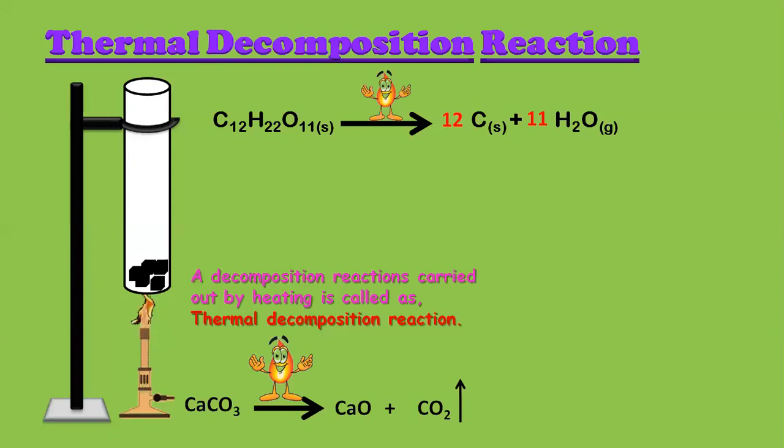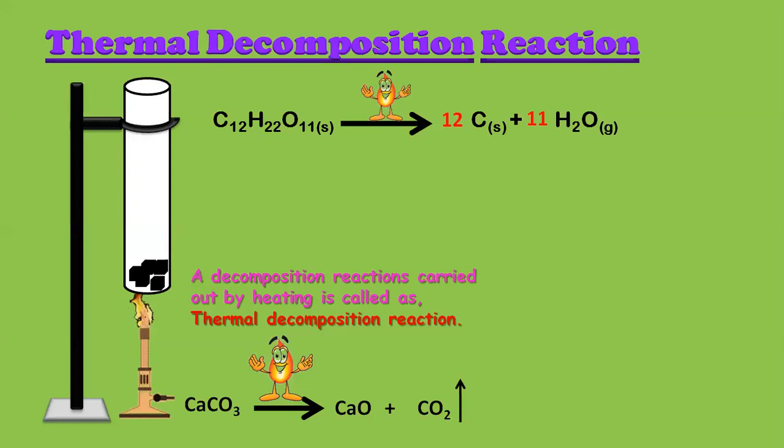Now the next question is, is my equation balanced? Let us check. You check and tell me, is the equation balanced or not? How many calcium on left hand side? 1. Right hand side 1. Carbon left hand side 1. Carbon right hand side 1. Oxygen left hand side 3. And oxygen right hand side is 1 plus 2, which is giving me 3 again. So my equation is already balanced. So dear students, this was the second example under thermal decomposition reaction, and we use the word thermal for heat. The decomposition reactions which are carried out because of heating are called thermal decomposition reactions.